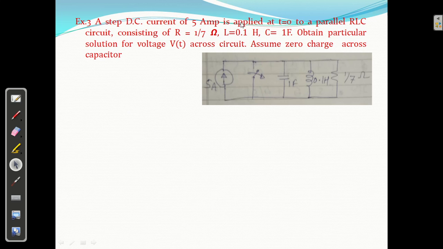Step current of 5 ampere is applied at t equal to 0. Okay. इसका मतलब है this applied at t equal 0, you can see here the switch we are going to open. इसका मतलब earlier it was closed. Earlier it was closed and you are going to open it. अगर ये क्लोज है तो पूरा का पूरा करंट यहीं से फ्लो हो रहा है. भाई ये क्लोज अगर है तो पूरा का पूरा करंट यहीं से फ्लो होगा ना. यहाँ से करंट यहाँ से जीरो जाएगा.